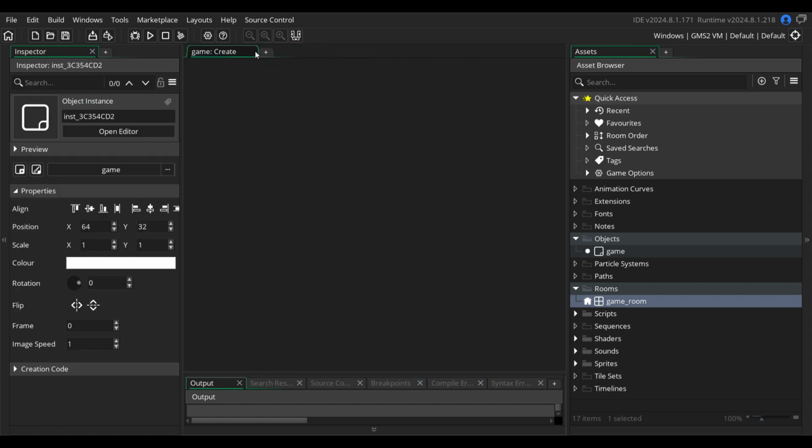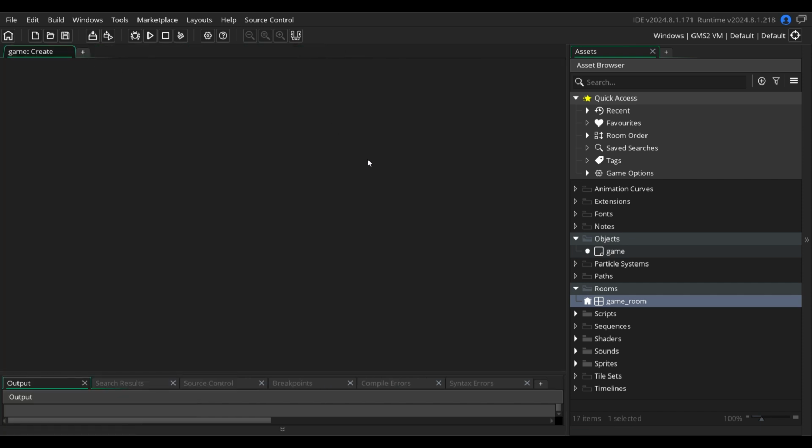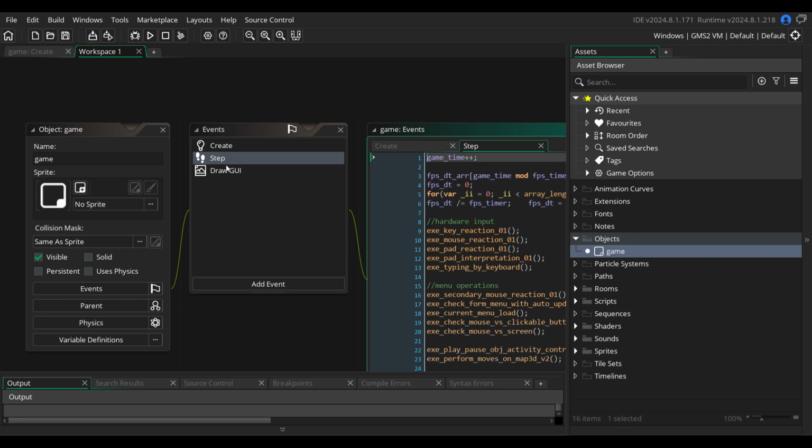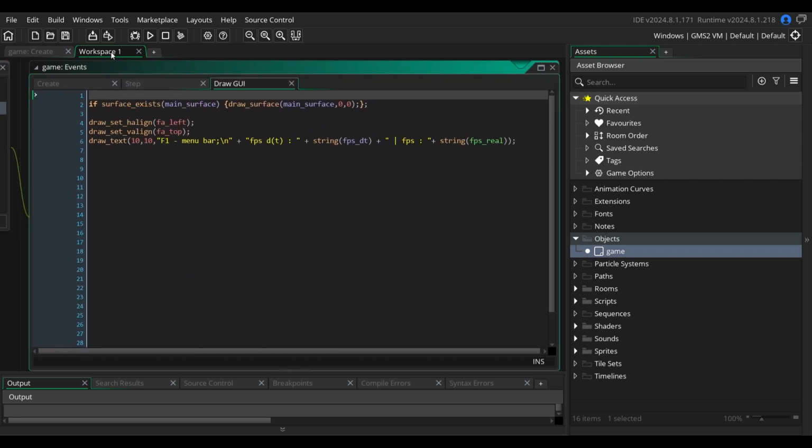I'm not using object-oriented languages very much. We didn't have them previously. So this object consists of create, step, and draw events. Let's see them. We start from